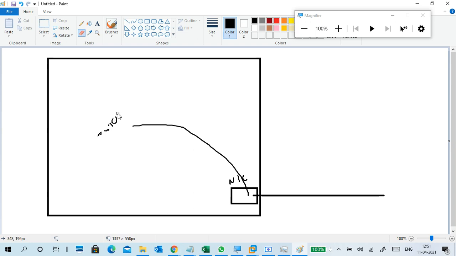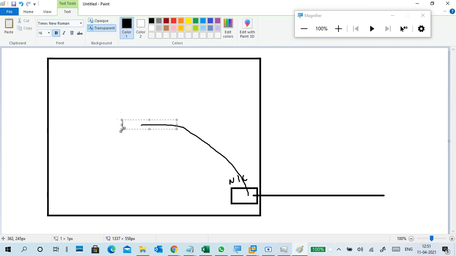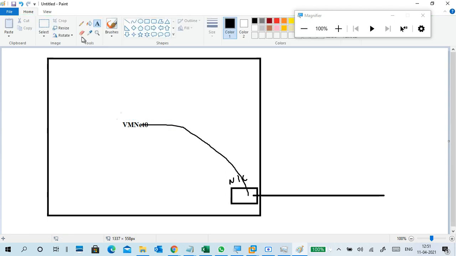One more setting we have to do, that also I will tell. VMnet 0, right? So this is VMnet 0.